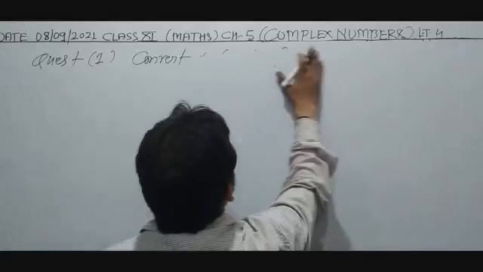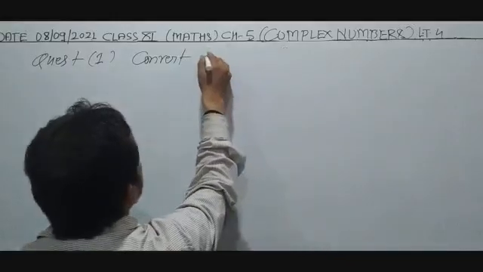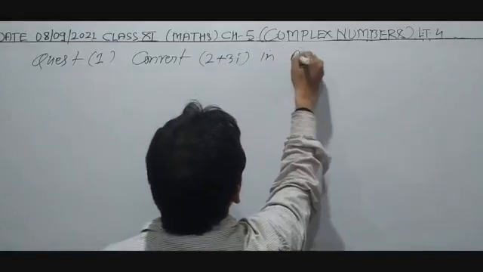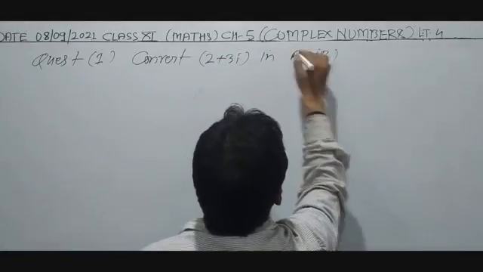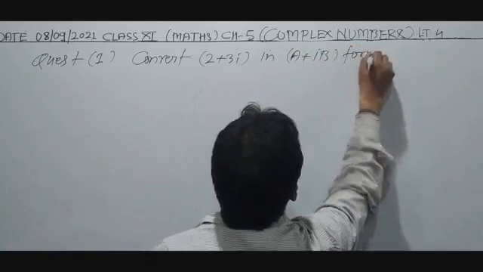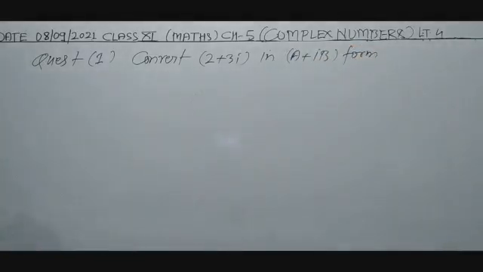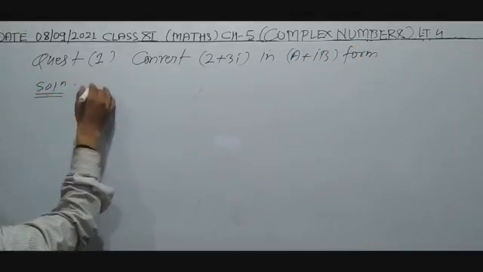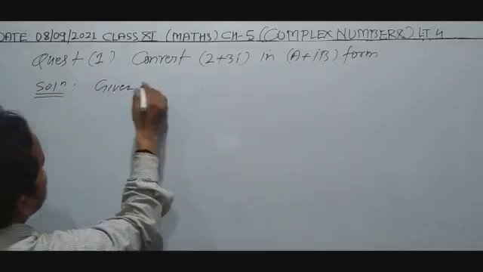Or convert 2 plus 3i whole square in A plus iB form. Solution: given